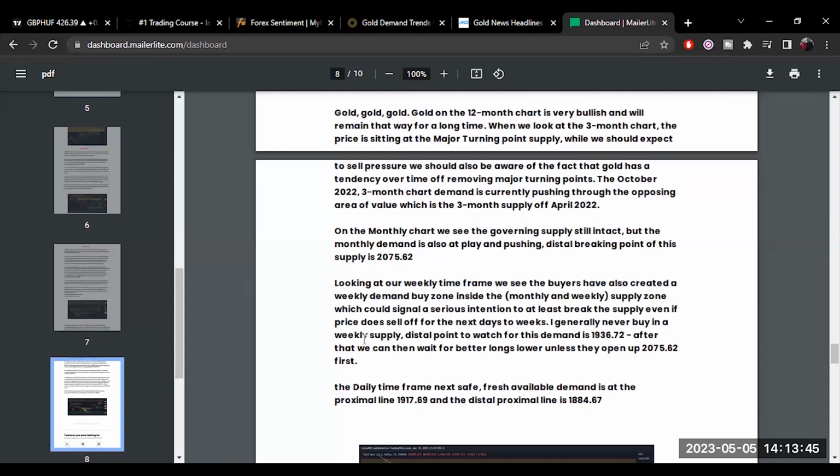Distal point to watch out for this demand is 1936.72. So distal means support, stop loss, right? Distal is my stop loss. After that, we can wait for better longs lower, unless they open up that distal supply. The daily time frame next says fresh available demand is at the proximal line of 1917.69, and I took a screen grab and posted it on the YouTube community post to show you how well gold did